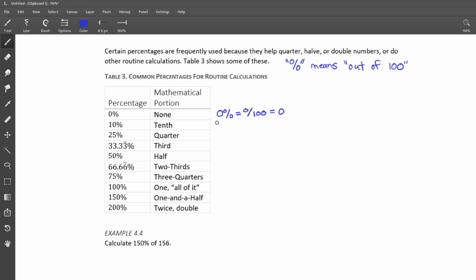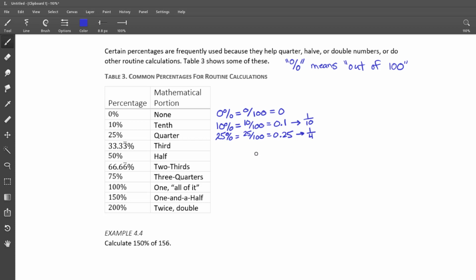What about a tenth? So 10% is 10 over 100, because that's what percent means. And what is that? That's 0.1, which is exactly 1/10. You could also write this 1/10. Put 1 divided by 10 into your calculator, you will get 0.1, unless you have it set to show fractions. Why is 25% a quarter? Well, 25% is a quarter because 25 over 100 is 25%. That's what it literally means. And that equals 0.25, which is 1/4. If you put your traditional fractional 1/4 into a calculator, of course, you will get 0.25 as the decimal form of that fraction.